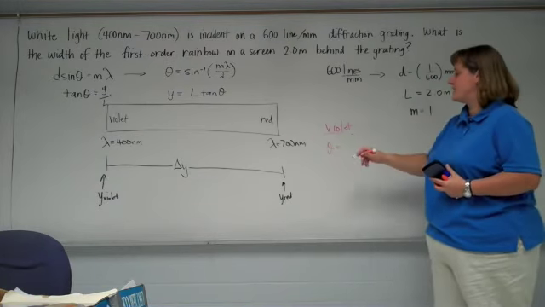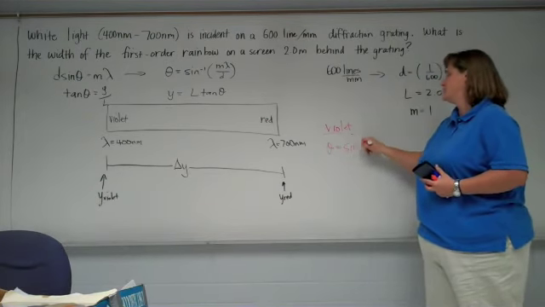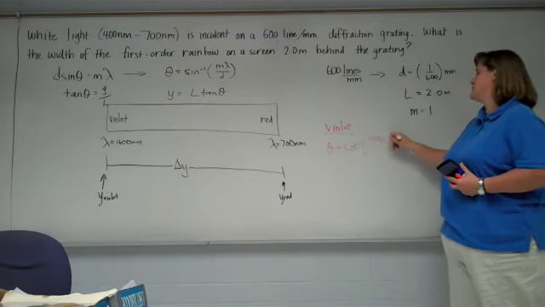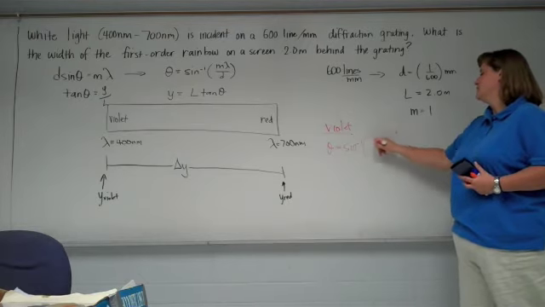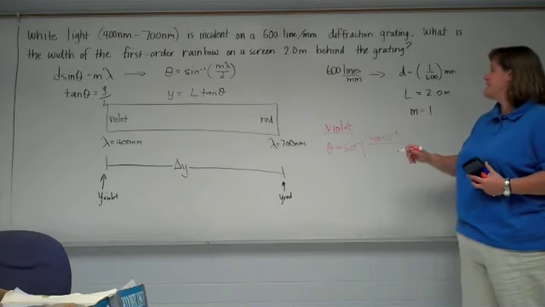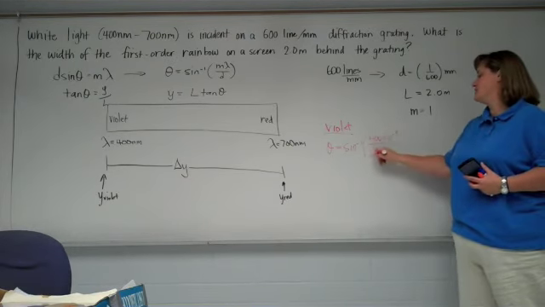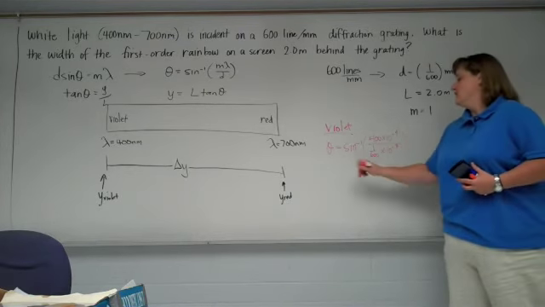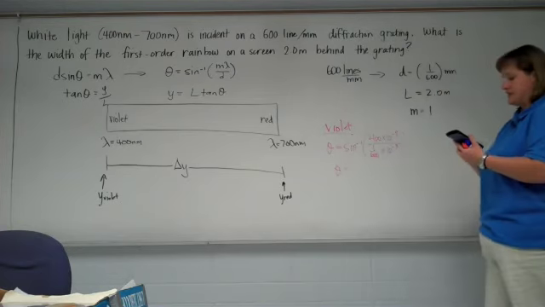Wavelength is 400 nanometers. So 400 nanometers, so 10 to the negative 9, over d, d is going to be 1 over 600 millimeters, so 10 to the negative 3. So theta for our violet line